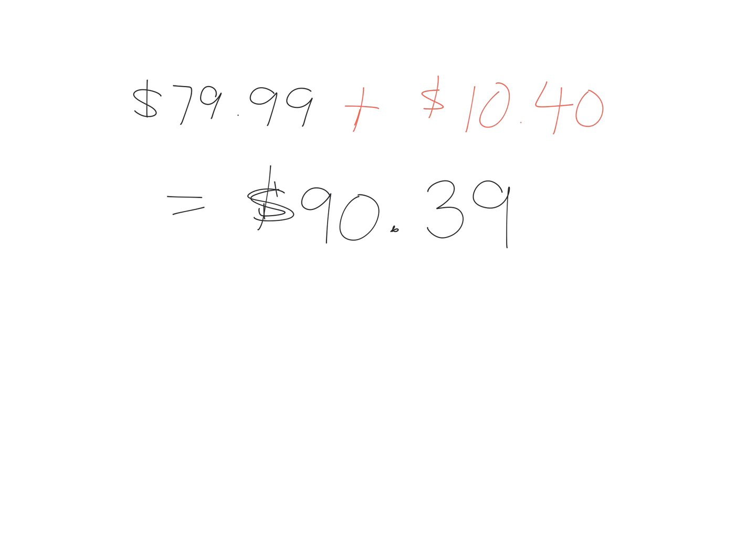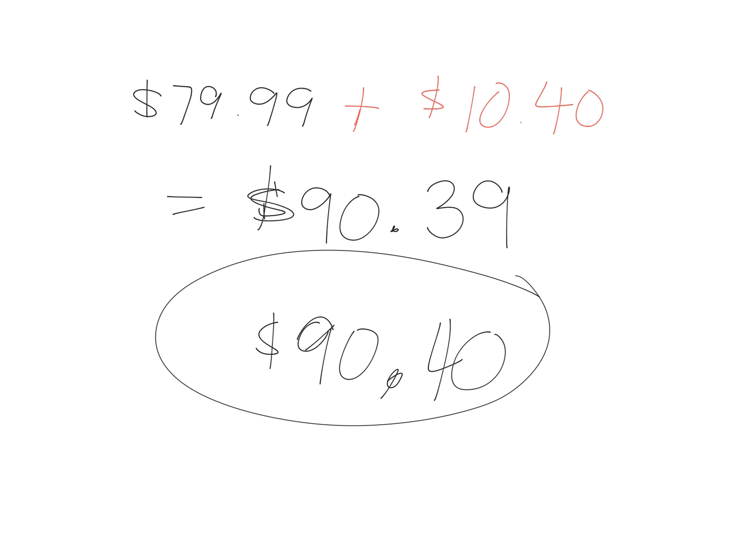$90.39. Actually, yes, you're right. We should be rounding it because we don't have pennies anymore. Right? When you go to the cashier, you can't give them 39 cents anymore. We don't have pennies. They don't make pennies anymore. How much would you have to give the cashier? $90.40. That is the total,